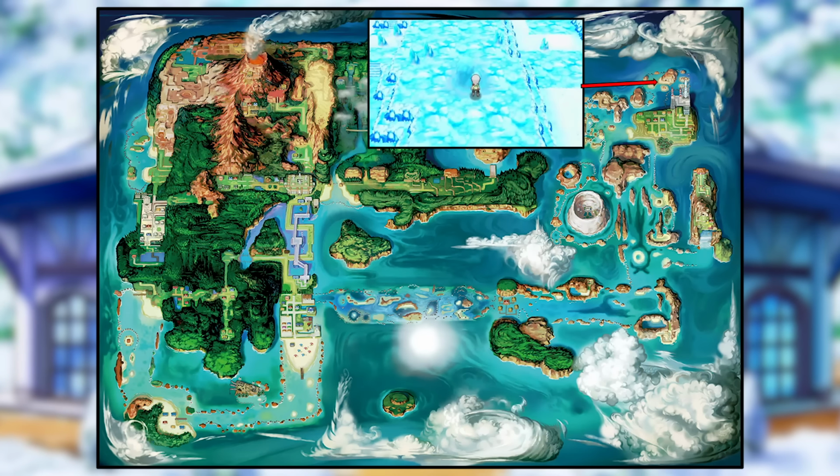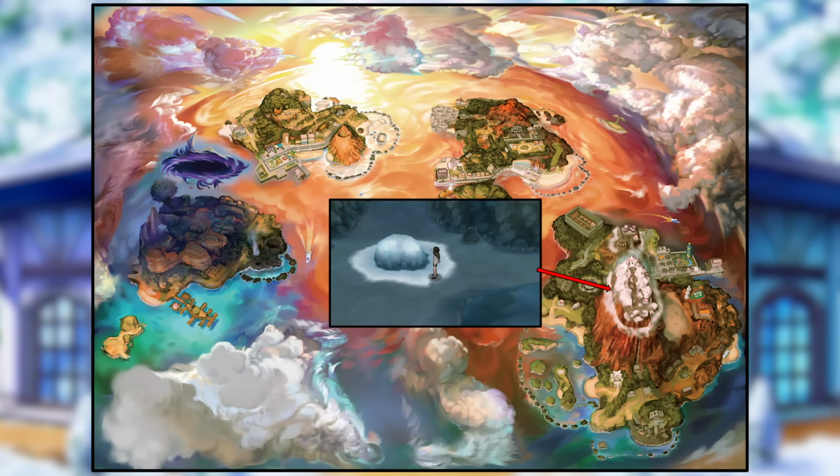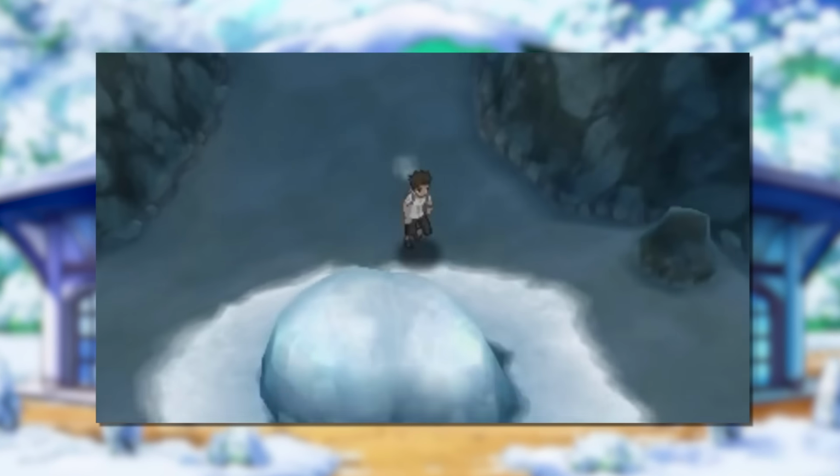In Hoenn, it is found in the deepest ice cave of Shoal Cave, and in Alola, it is found within Mount Lanakila. Every single one of these rocks is not accessible until late game, requiring you to have 6 badges at a minimum. But in some games, it's even worse. In the Alola games, you have to have completed all of the trials since the rock is on the path